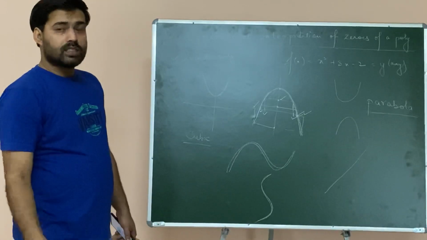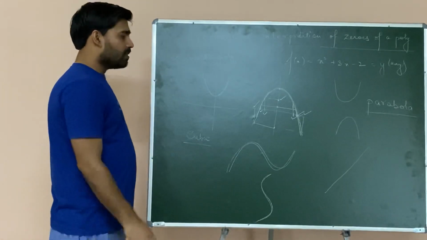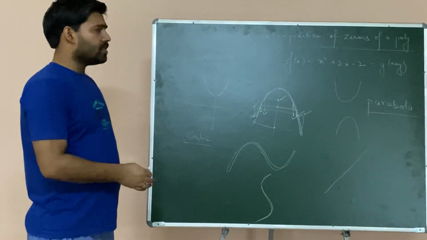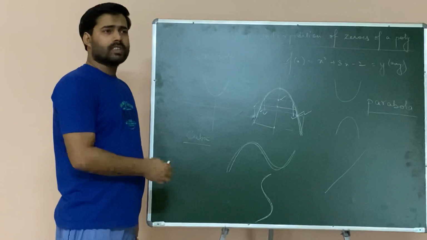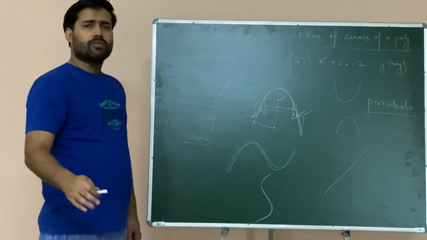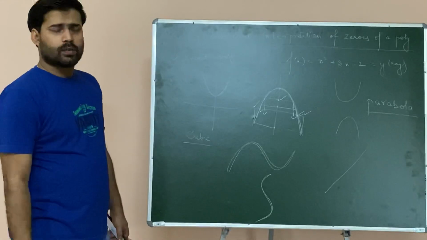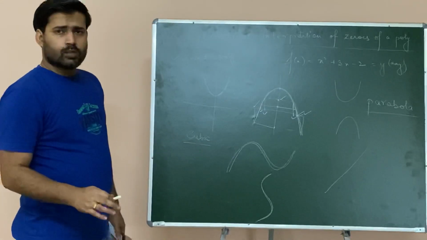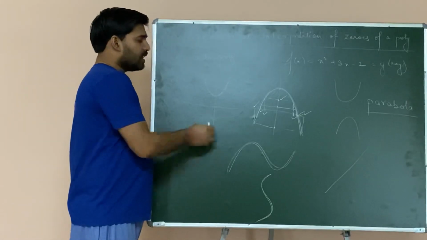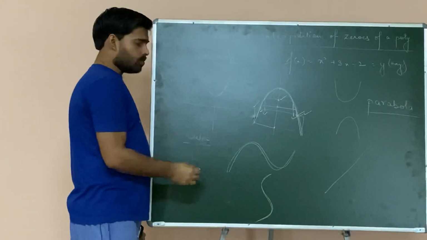How these are to be obtained, that is not the criteria. If you are having a particular problem regarding this, we can have a separate session to explain. But from your examination point of view, how to find out the solutions for a cubic and quadratic polynomial is not that important. The point to be understood over here is how many zeros are there. So you will say this thing is having two zeros, this thing.